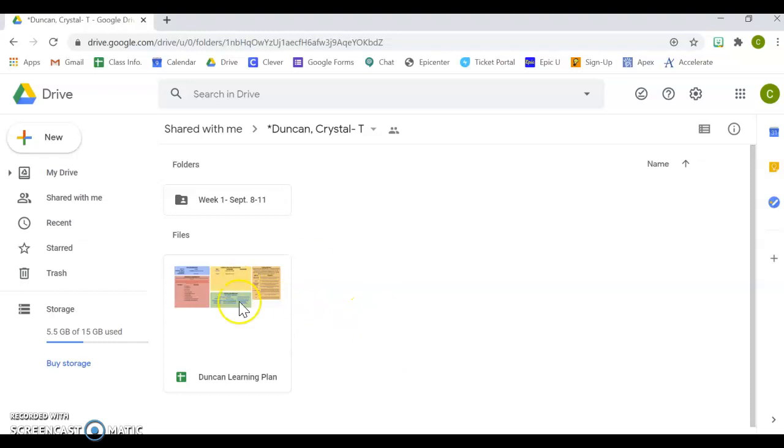Now, once you're in here, you should see your name and then the words learning plan. This will not be in the different weeks folders. It will always just be here on your home screen. I'm going to make a folder for your benchmark scores, so those will be in your benchmark folder, and then I will work on creating your week 2, week 3, week 4